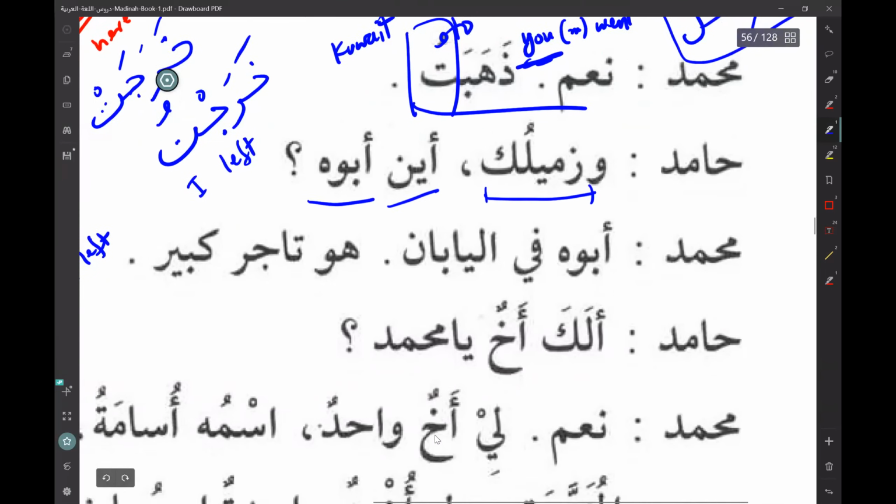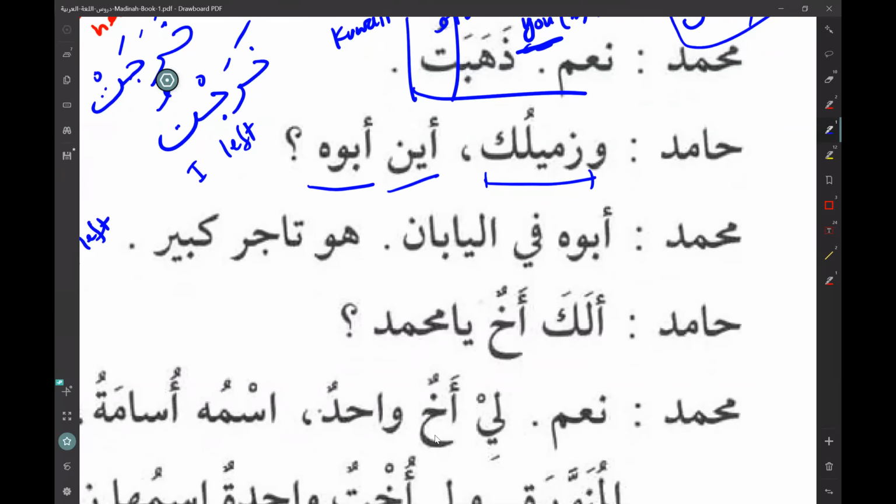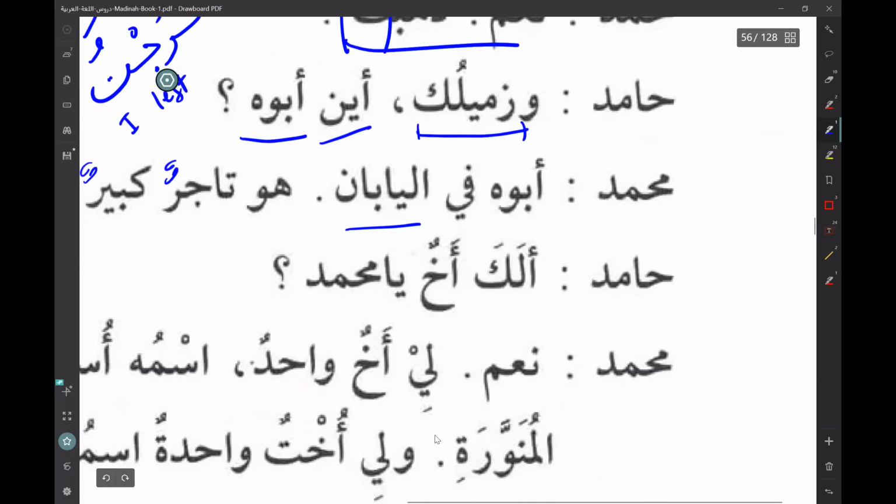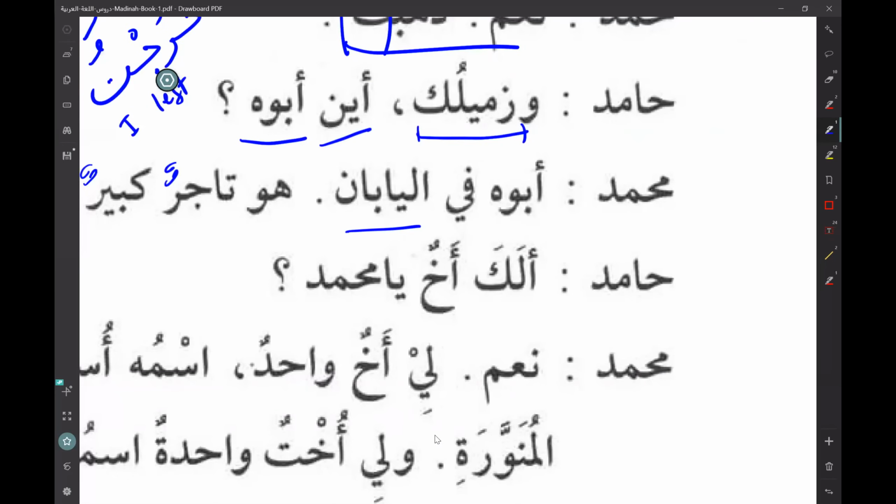Where is his father? Abuhu fil Yaban. His father is in Japan. Okay, these are all easy. That's why I'm quickly translating. Huwa tajirun kabirun. He's a big merchant. Old words. Alaka. Now this one I explained in the last class, so I don't have too much time to